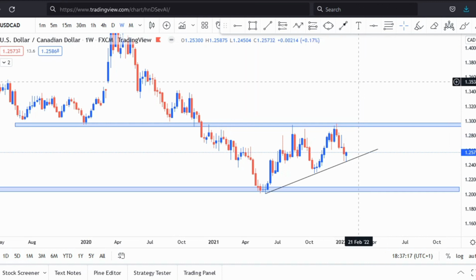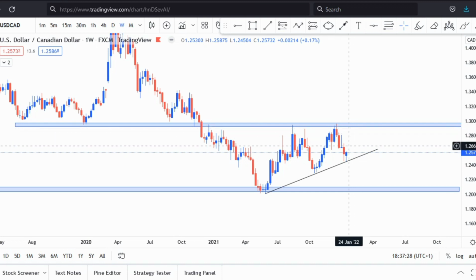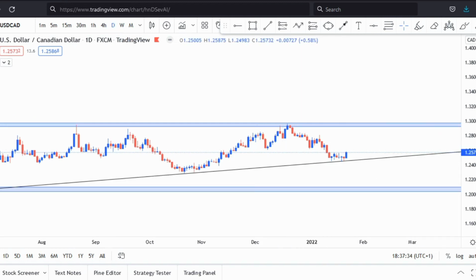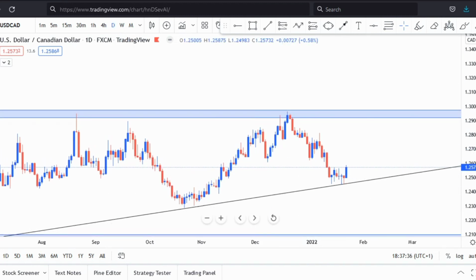So from the weekly time frame, that's what I'm looking at. I'm expecting a bullish run in the next couple of weeks to the upside. Okay, it may not be a smooth run, but on the other hand, it could move smoothly as well to the top. If we go to the daily time frame, all right,